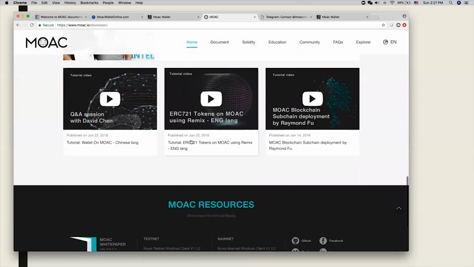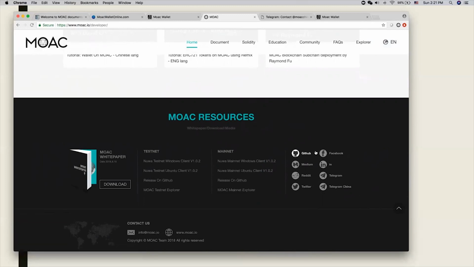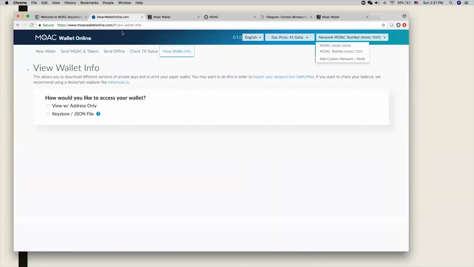You can also get to our white paper at the bottom. Then you can see our testnet and mainnet software packages. Also our community, you can get in there. We have also developed some websites which developers can use, but mainly for users, like this simple website we